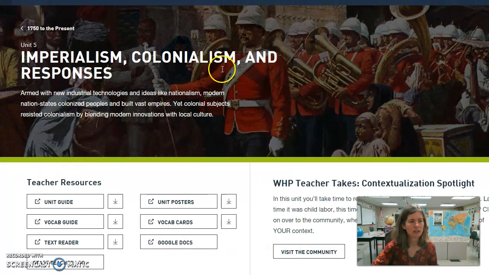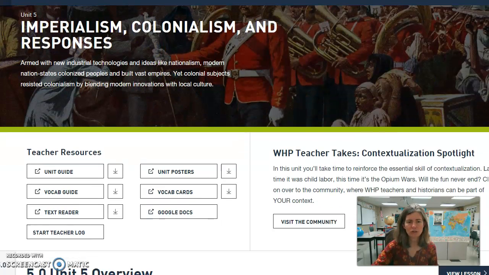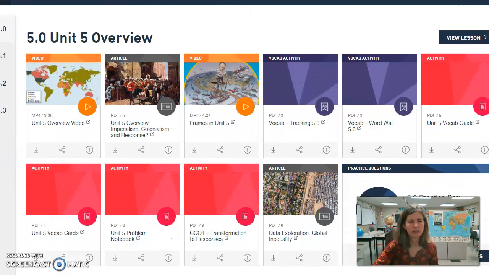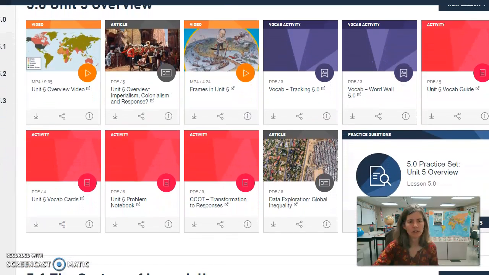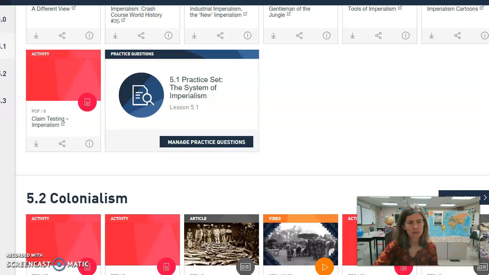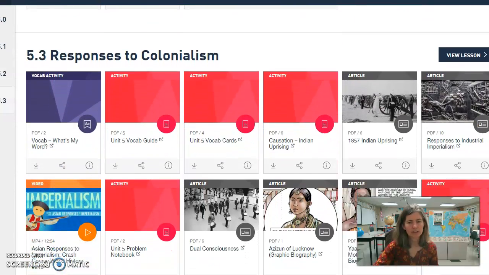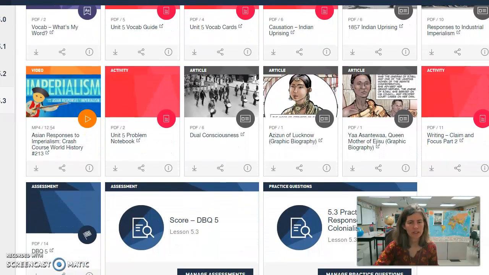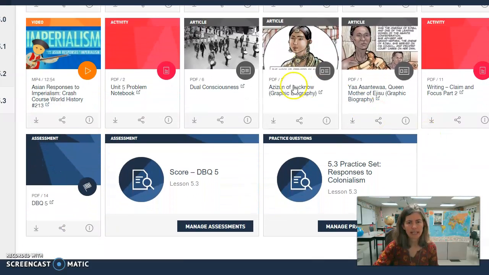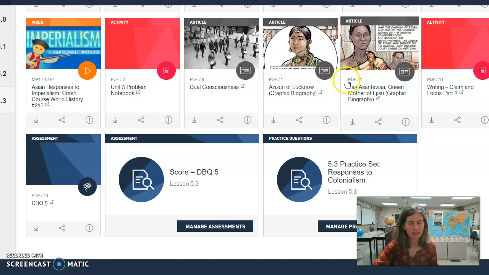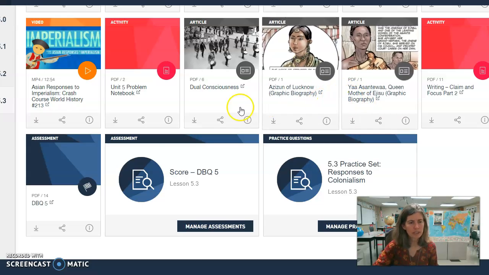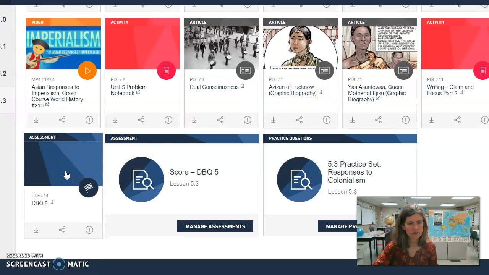So here we are in Unit 5. I'm going to scroll down in the unit. Usually I give you 1 video to watch and 1 article to read. So hopefully you've done that already. And then on Friday, you use the information that you got from those articles to write an essay. I also like to have these graphic biographies as part of our in-class lessons on Tuesdays, but this week I wasn't able to do that. So next week, you'll get to see a graphic biography.